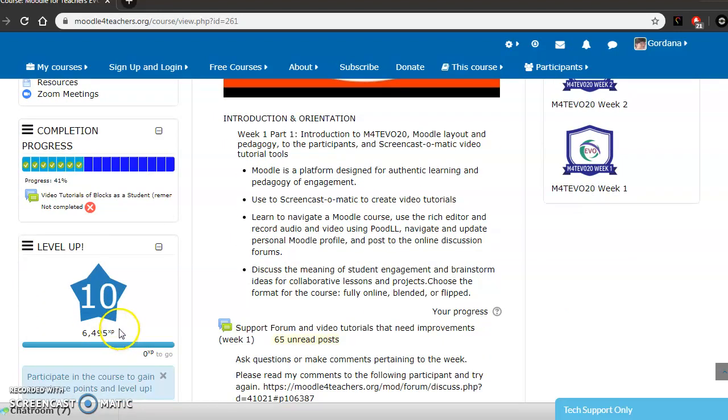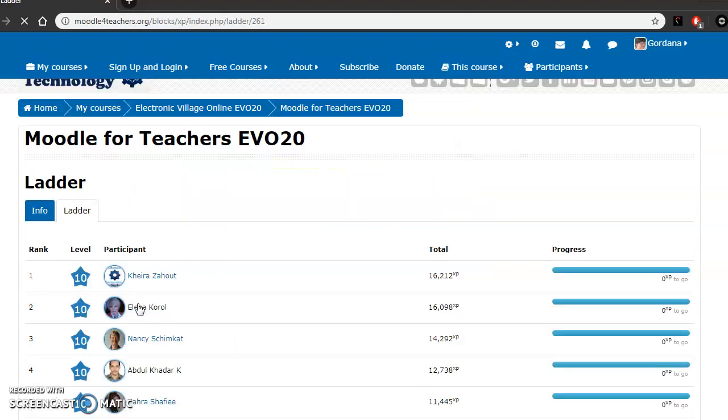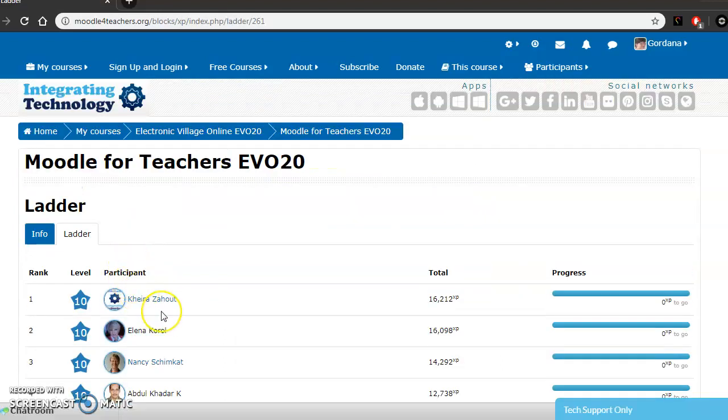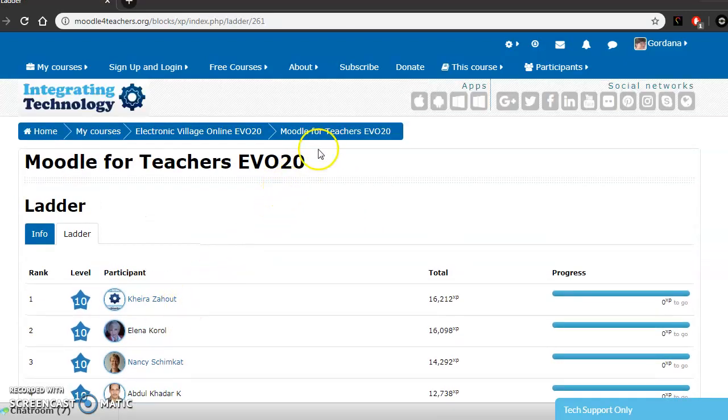The level up block shows the activity of the students, and you can see the activities of all students by clicking on the ladder, and here is the level of the students' activities. Okay, I'll go back,